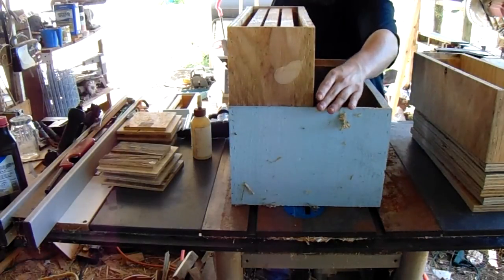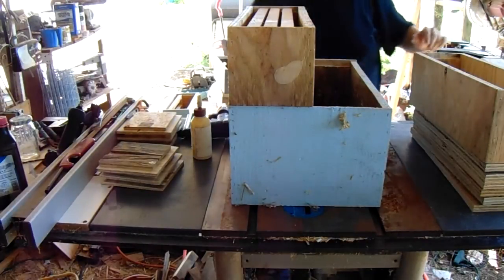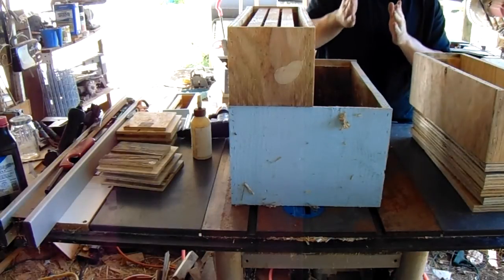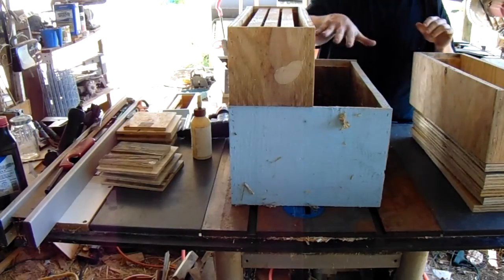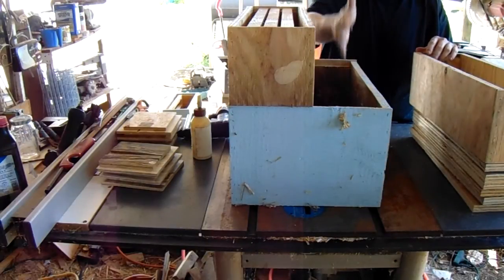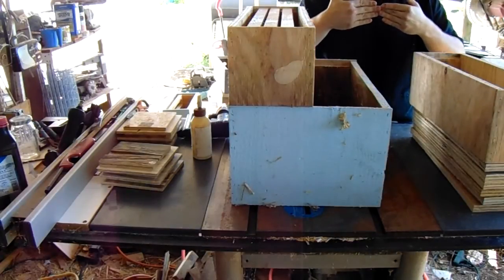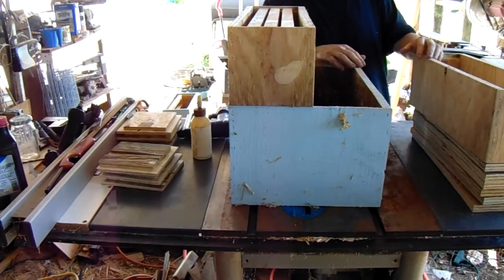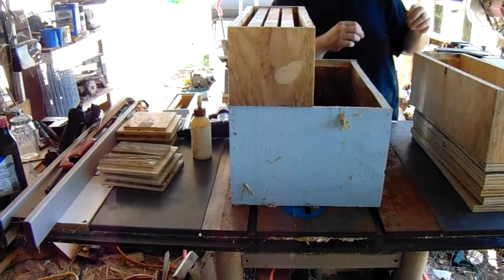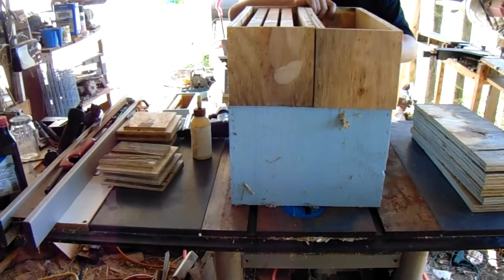Now this bows in a little bit. This 8-frame, it bowed in a little bit on the end. I actually made a mistake when I cut that. I should have cut it lengthways of the board and had the long grain going sideways. Instead I had the long grain going up and down, and I cut it right on the center of the board where the wood is most likely to move, and unfortunately it caused that to bow in